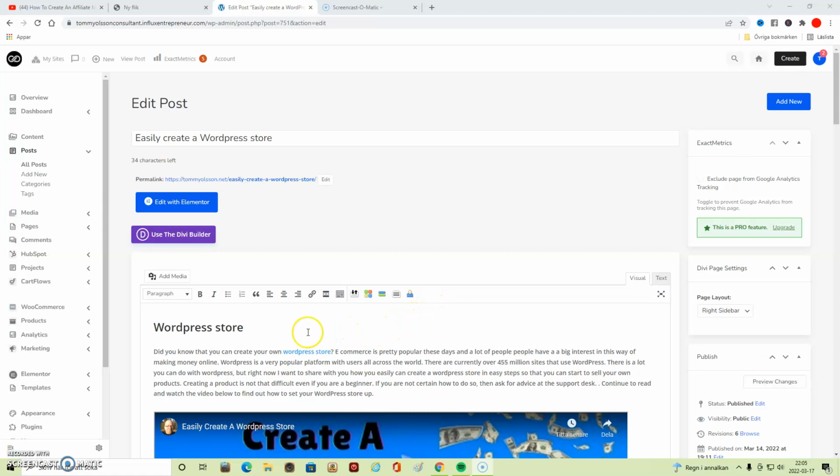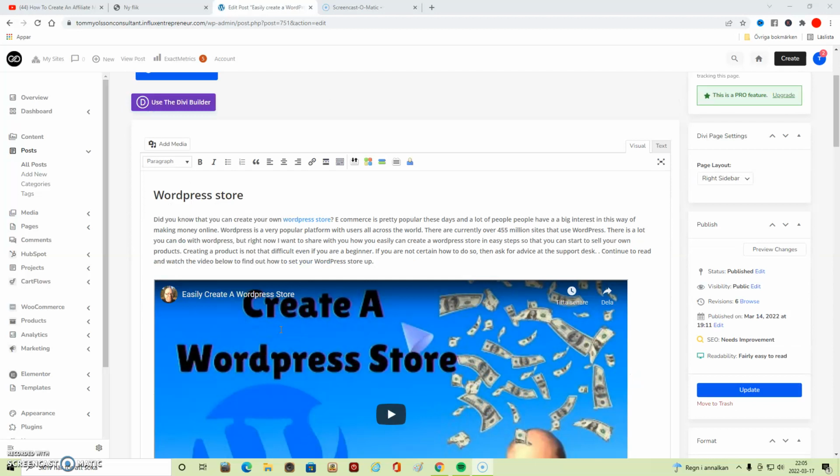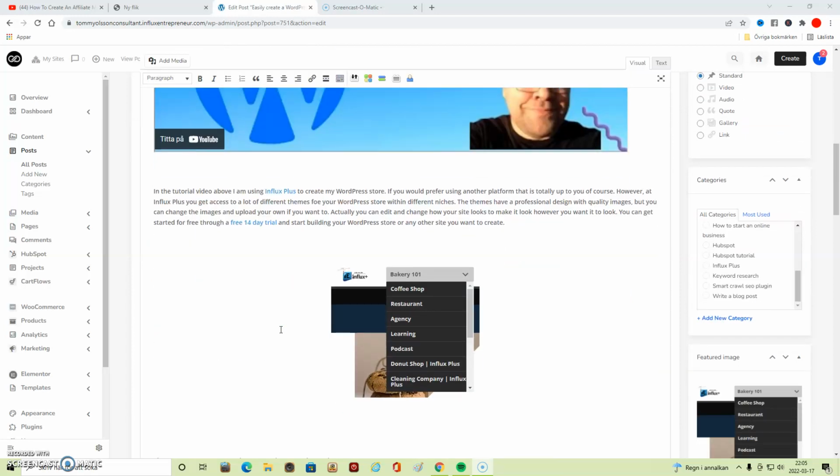That means that you can use them. Otherwise, if you take an image from someone that doesn't allow you to use it, they might get angry, get in contact with you, and ask you to remove the image.